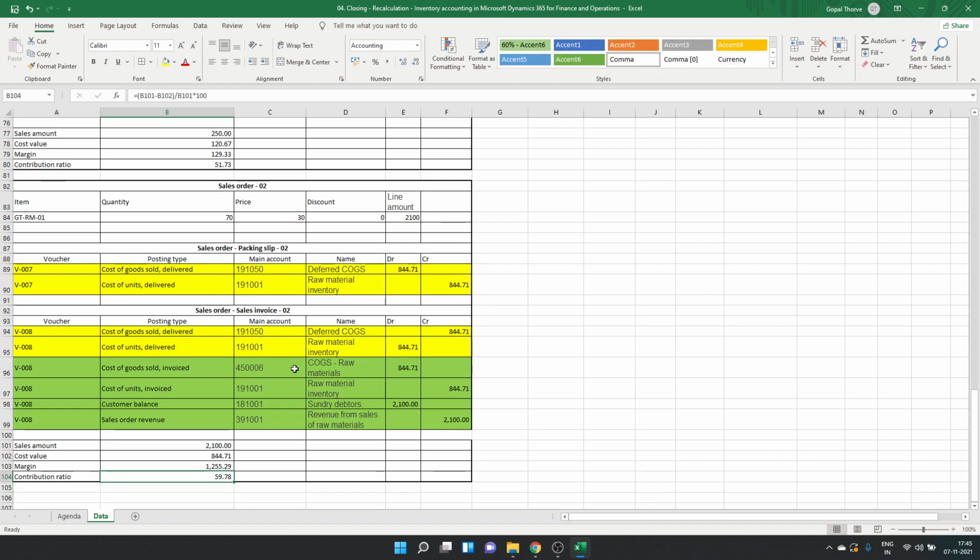Now, remember that this will not remain the same, because apart from standard valuation method and moving average valuation method, all the landed costs are subject to change at the time of inventory recalculation or inventory closing. Currently I have not run the inventory closing. So that's why this is showing with regard to the original cost, or whatever landed cost we arrived at the time of posting of invoice, which is my on hand running average cost.